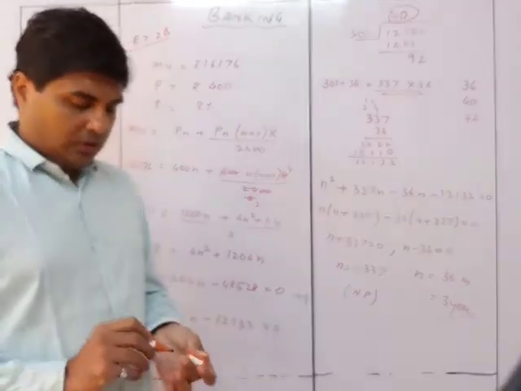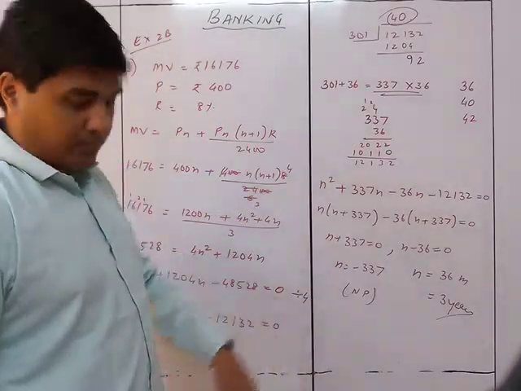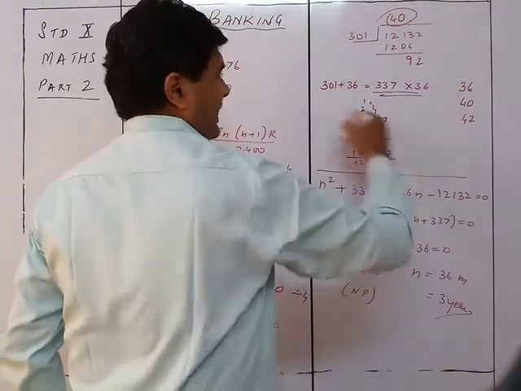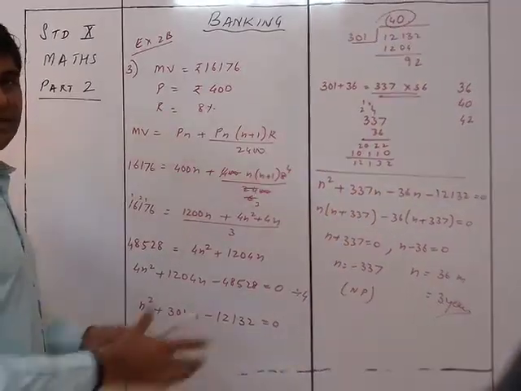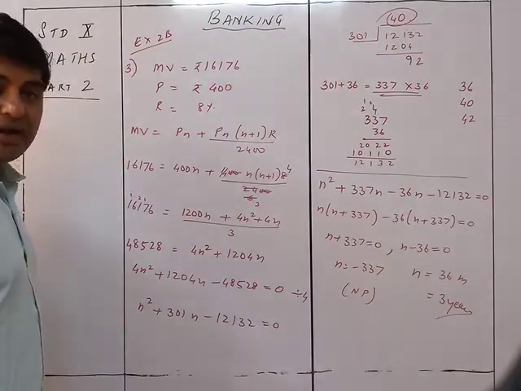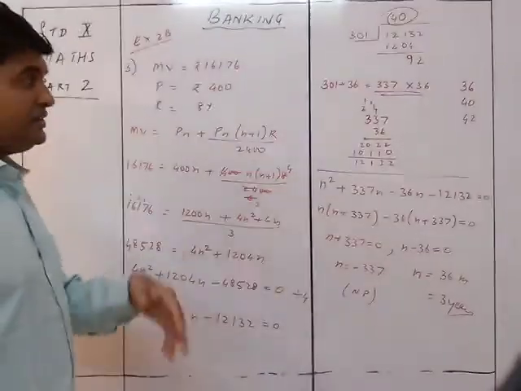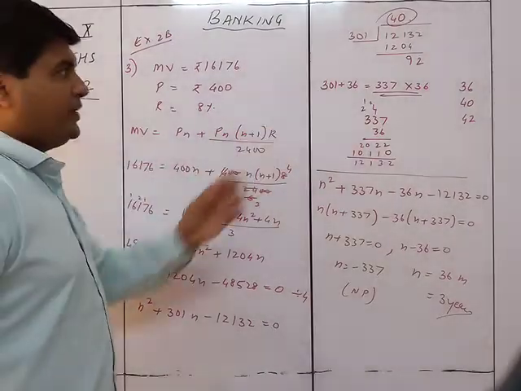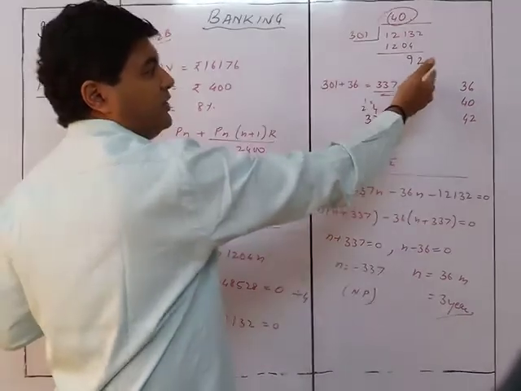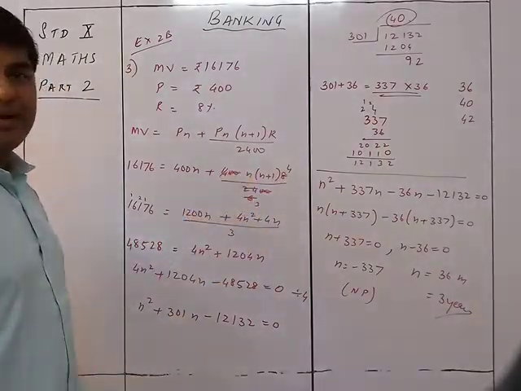Got it? See, other sums I know will be very easy. This is the only sum where you can get confused about what to do. So that's why just practice this part. It's very simple. There's nothing to practice as such. But yeah, it is going to help you take out the factors easily without scratching your head too much, because it's going to be quite difficult. Finding factors of 12132, you will never think of 337 into 36. So definitely this works out to be much easier.